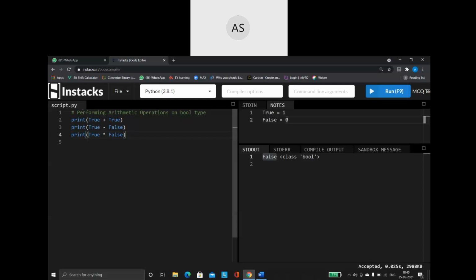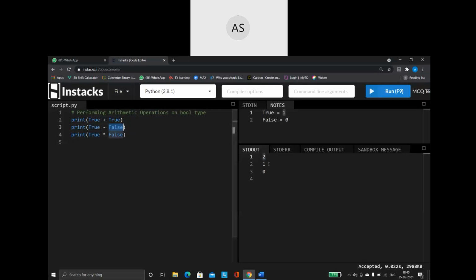How the arithmetic operation is performed is based on this number representation. That is why I said the number representation is very important. When I say True plus True, the True value is represented as 1, so it is going to consider 1 plus 1. See the result: it is giving me the value 2. In the same way, 1 minus False is 0.